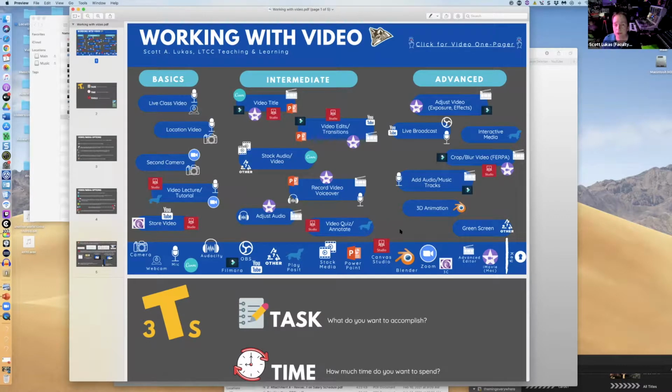the handout. This is called Working with Video. I will have this on the screen. You don't have to download it. I will also send it out, and it will be referenced in the video of this workshop, so you can re-download it there. What I have here is a handout that includes topics that I think would be useful